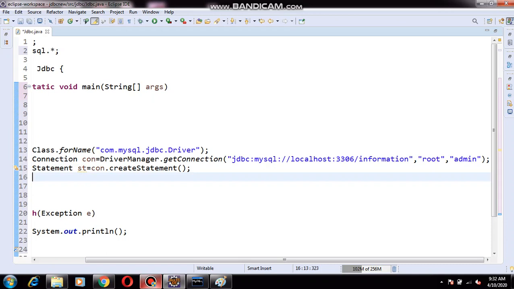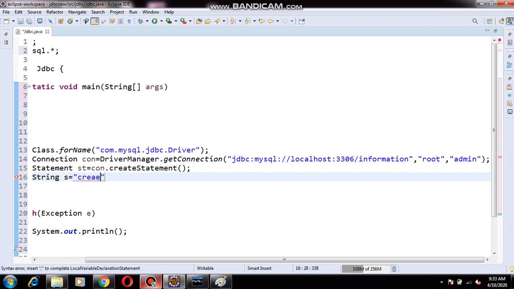What is the next step? I am writing the query. Always we have to use the query data type as String only. We should not use integer or float, or any other data type. Always go for the String data type only. So I am giving String yes. What is the query I am writing?